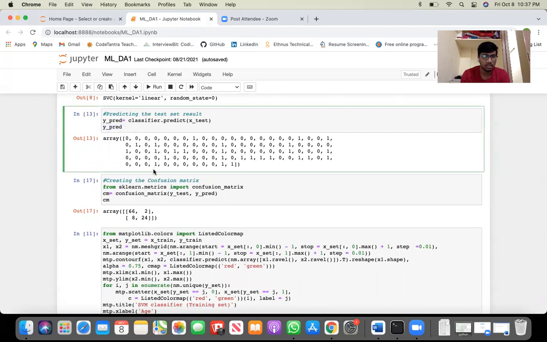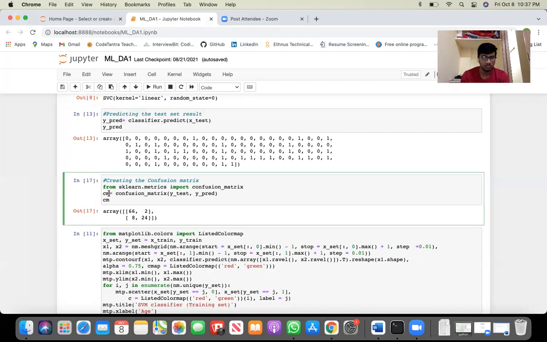And then creating the confusion matrix. Now we'll see the performance of the SVM classifier, how many incorrect predictions there are as compared to the logistic regression classifier. To create the confusion matrix, we need to import the confusion matrix function of the sklearn library. After importing the function, we will call it using a new variable called cm. This one. The function takes two parameters, mainly y true, the actual value, and y pred, the target value returned by the classifier. So this is the code for that.